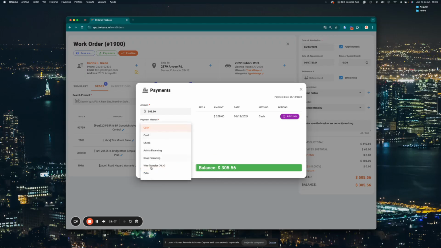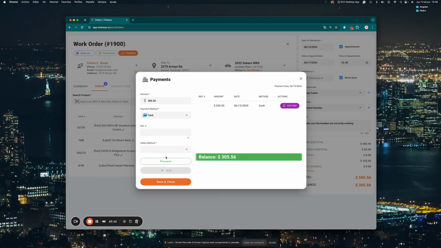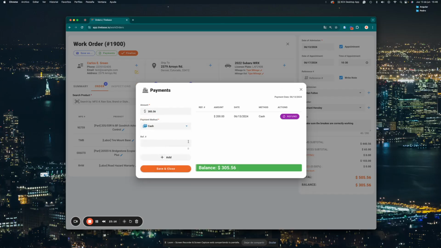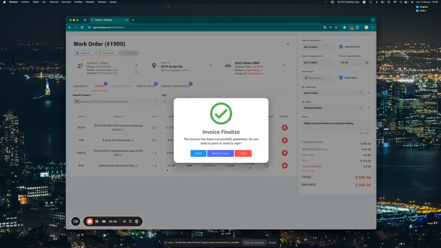From here, you can select a different payment method. For card, obviously, we need a terminal. In this case, we're just going to select cash for practicality. So the 305 with 55 cents, we're going to add it. As you can see, the balance is zero. Once we save and close, this is going to become an invoice, and we're not going to be able to edit it any further. So it's very important that you know this, because once you save and close,